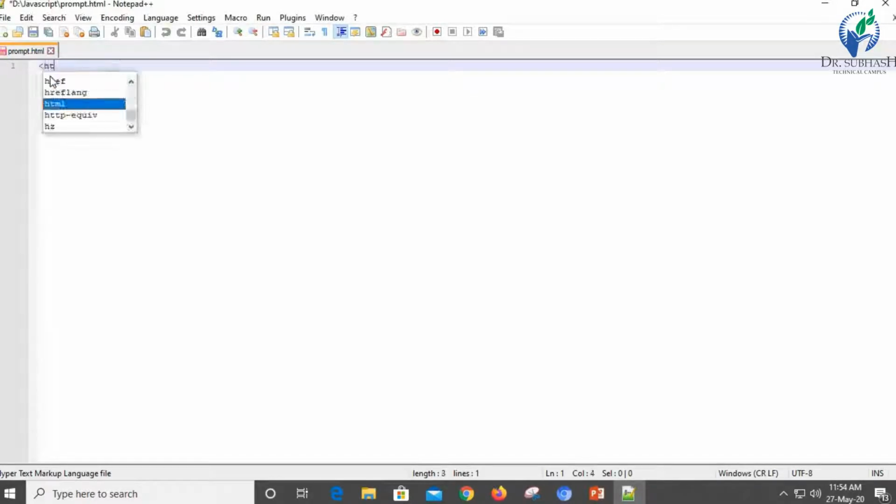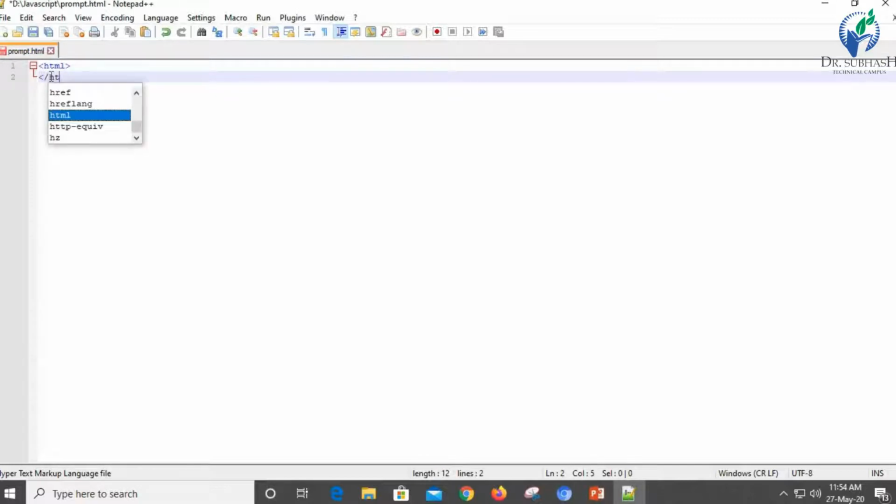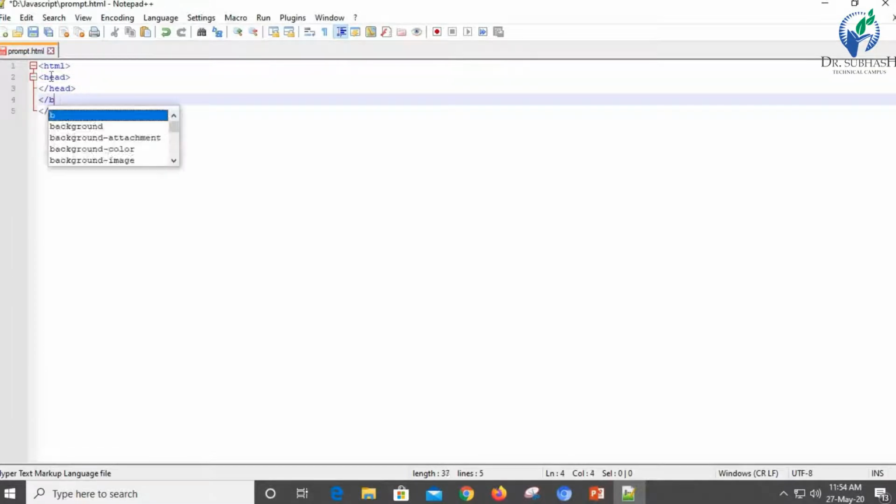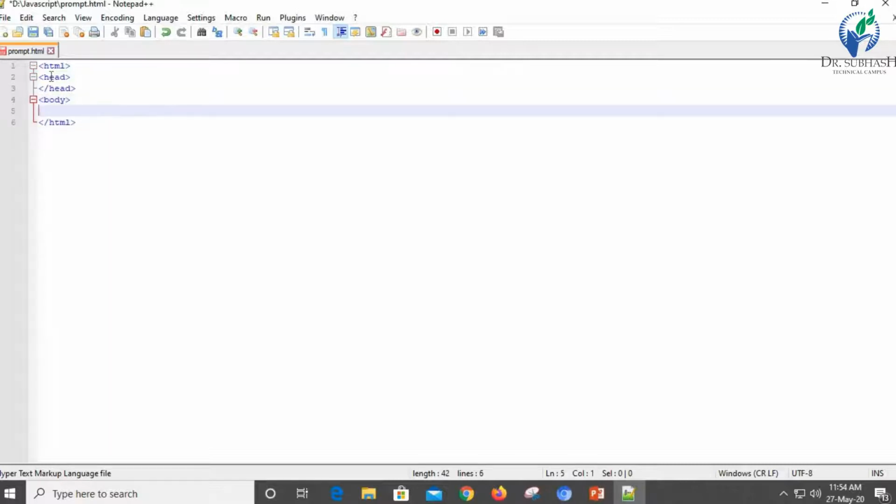First is the basic structure we are going to create, HTML, closed. Inside that we are going to create a head section. After that we will have a body section.